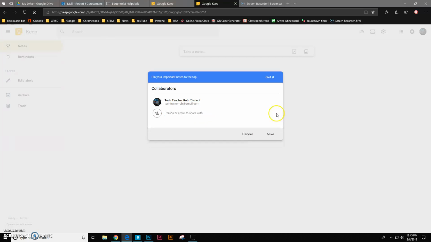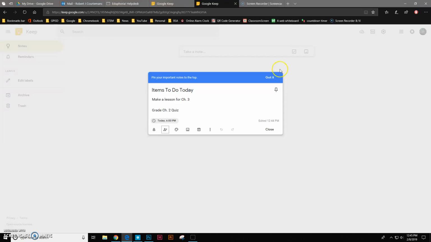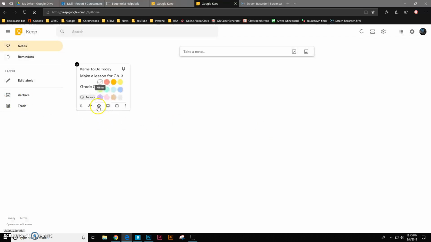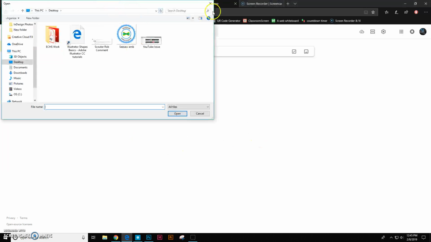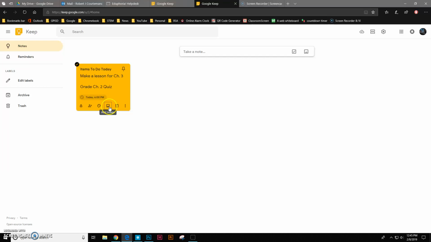I can delete that person just as easily, and now I don't have any collaborators on that note. Okay. You can change the color of the note, so if I want it to be any specific color, I can add an image to the note from my computer,